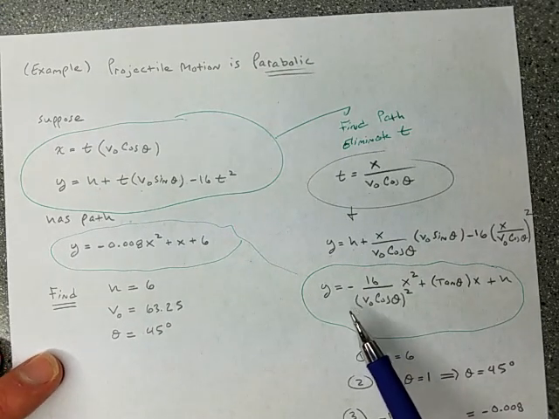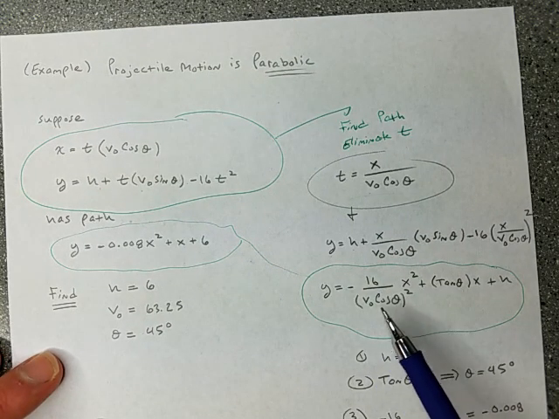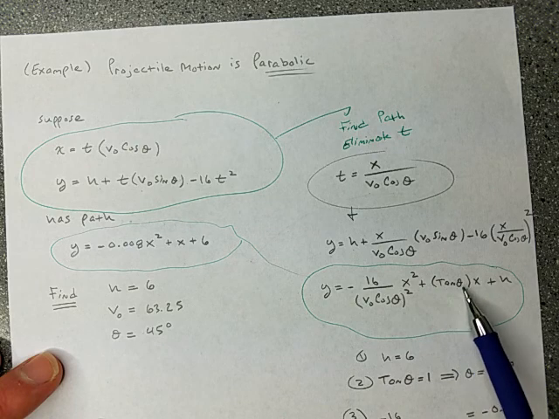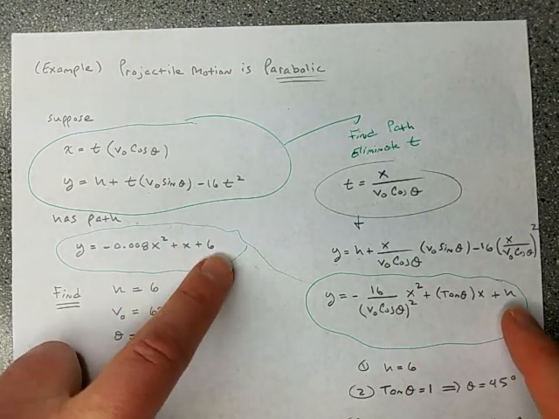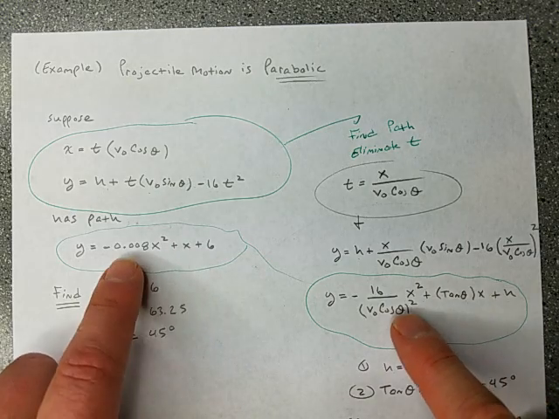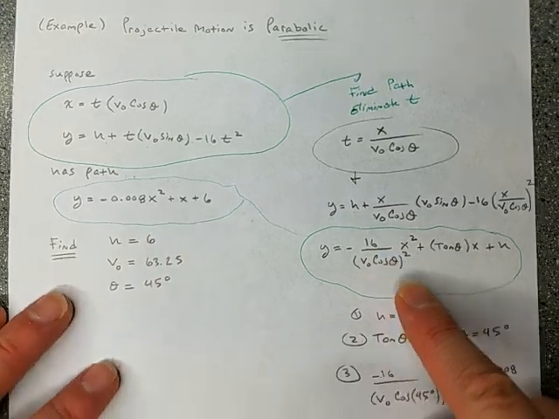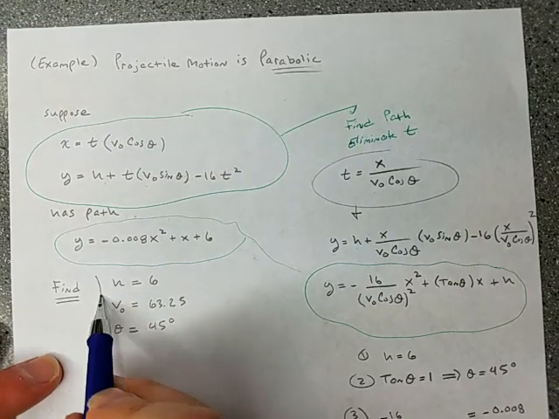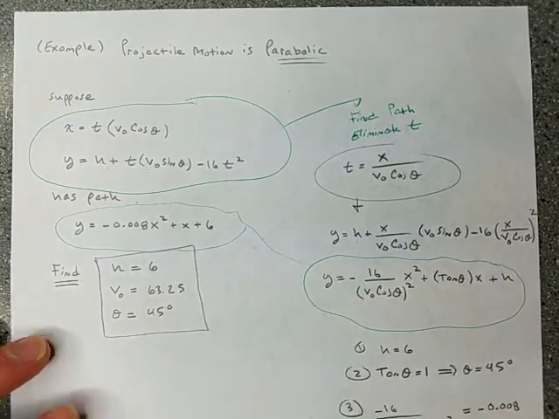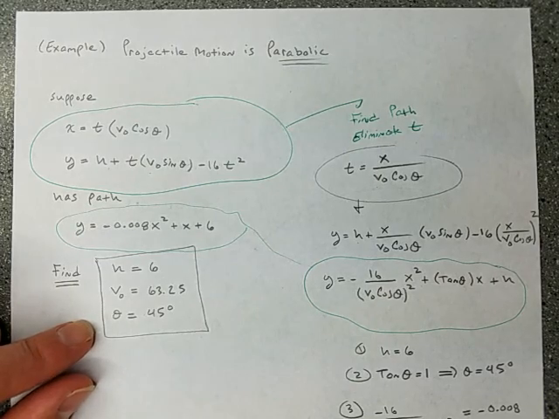This is definitely a parabola. It's quadratic. It's ax squared plus bx plus c. It links up with that. And one term at a time, I can tell you what everything needs to be. Okay? All right, so let's say the question from the beginning was to find those three things, those three aspects,